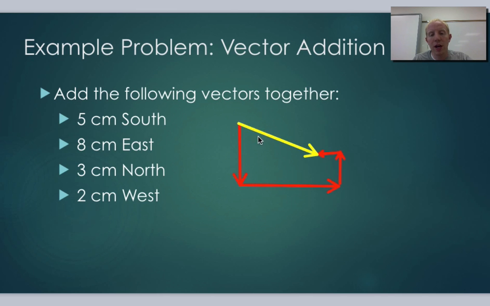Okay, so that's our resulting vector. Then we can use our protractor, again, to measure its exact length. Okay, and it looks like this is going to be about, assuming my measurements were okay, this will be about 7 centimeters in length,